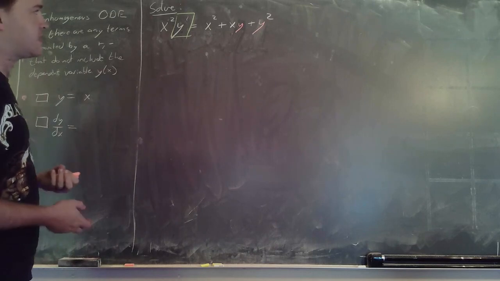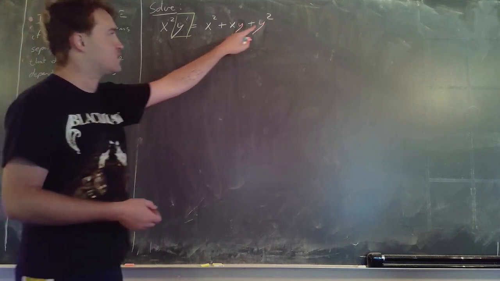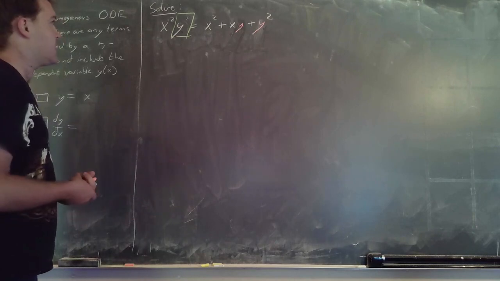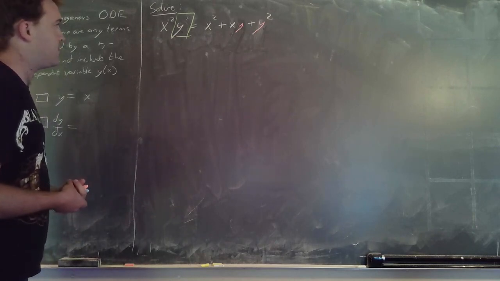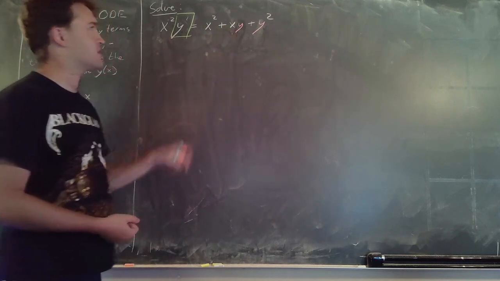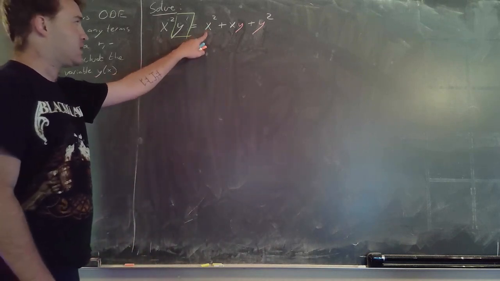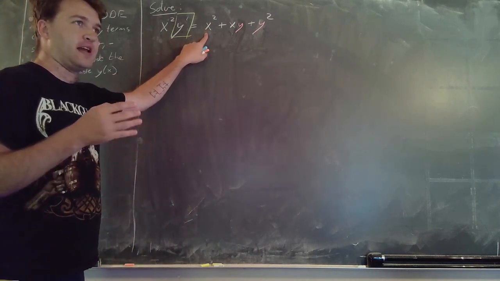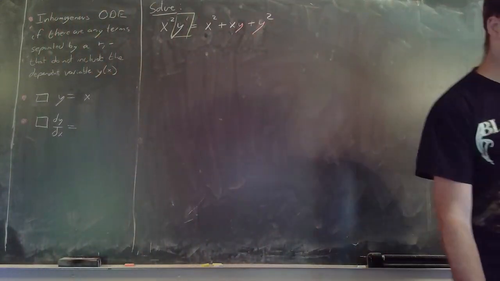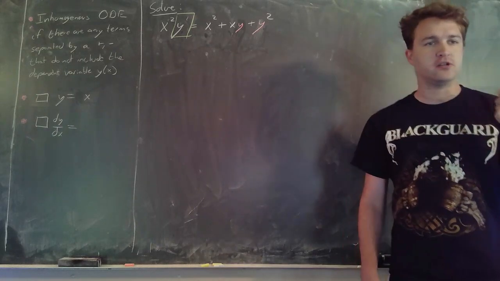Now, this is likely not going to be a linear differential equation because I've got this y squared term. It's likely not exact. It doesn't look like it. It's likely not separable to begin with because we have this funny x times y term right here. And if I do anything to try to separate that out, then since I have a single x term by itself, I'm going to have to apply a y variable to it. It's not going to be easy to separate. So really what I'm stuck doing is looking whether or not I have a homogeneous differential equation or an inhomogeneous